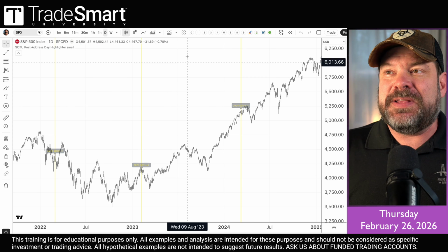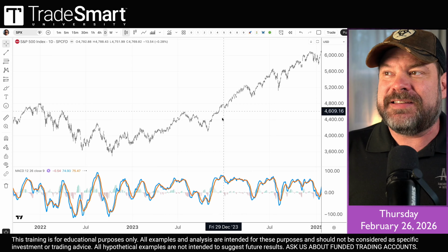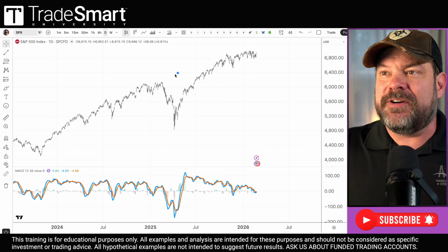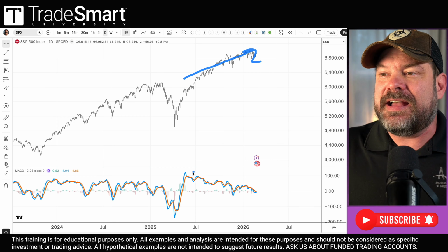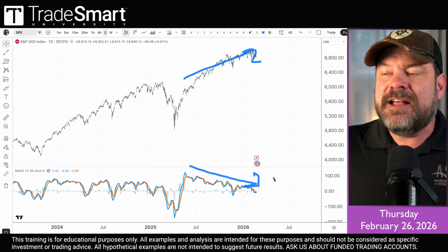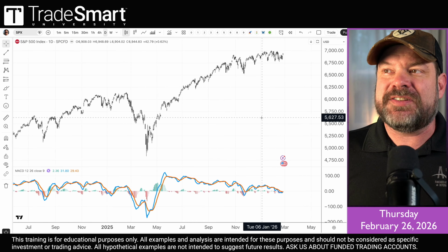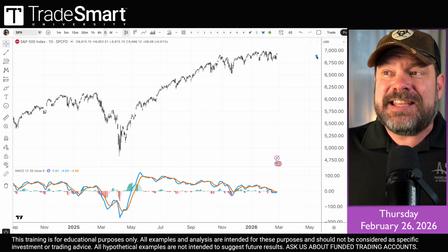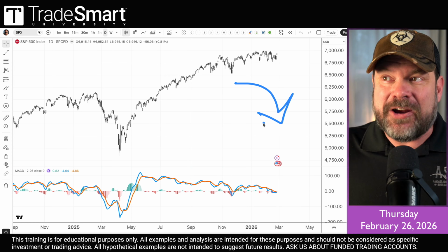Coming back to the S&P 500, if we go to our MACD chart, we've been watching bearish divergence for a long time now. The S&P has been making higher highs, while MACD's been making lower highs, and that needs to resolve itself. As you would expect from the name bearish divergence, that typically creates a bearish bias.